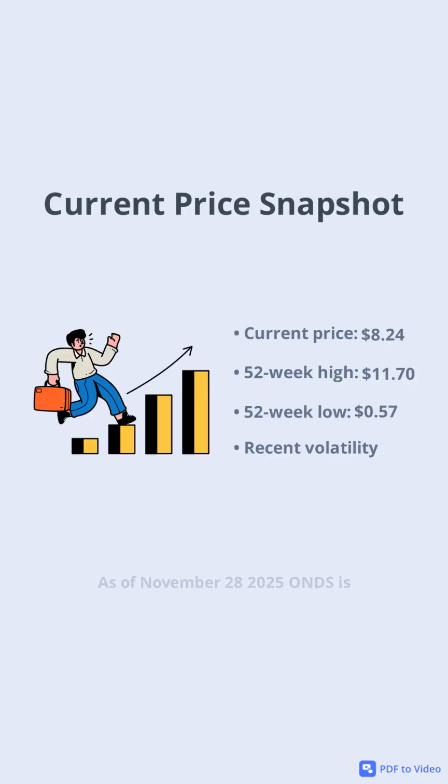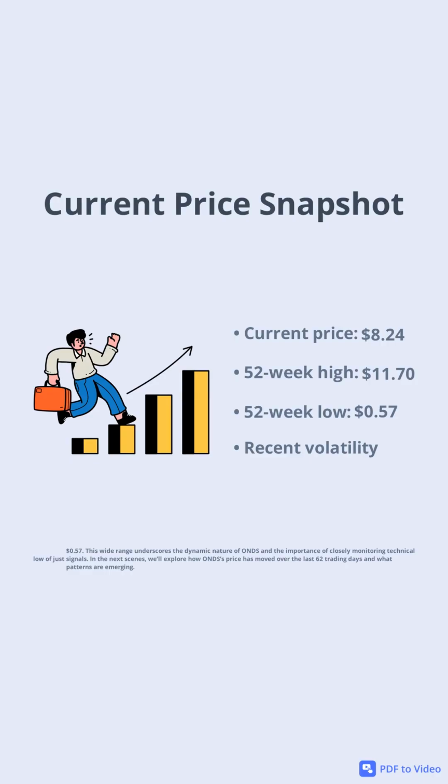As of November 28, 2025, ONDS is trading at $8.24. This price reflects recent volatility and a significant recovery from earlier lows in the quarter. The stock has seen notable swings, with a 52-week high of $11.70 and a low of just 57 cents. This wide range underscores the dynamic nature of ONDS and the importance of closely monitoring technical signals. In the next scenes, we'll explore how ONDS's price has moved over the last 62 trading days and what patterns